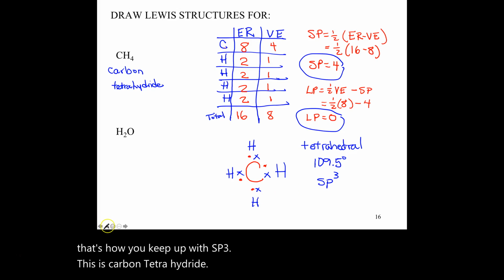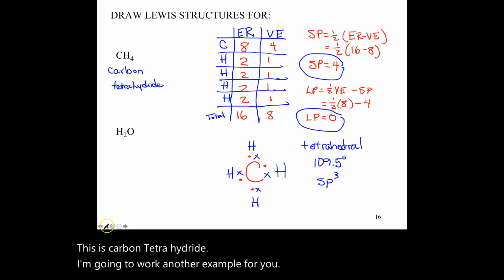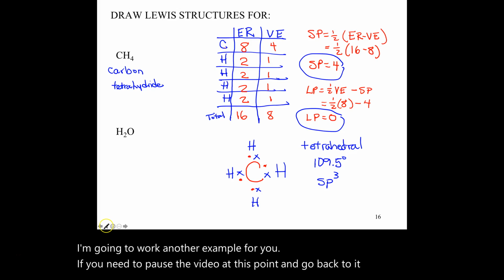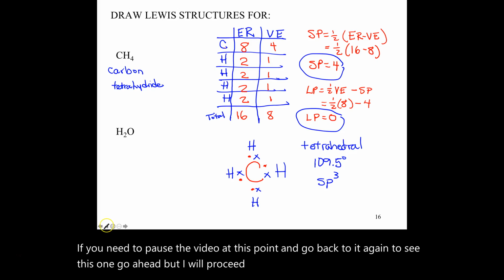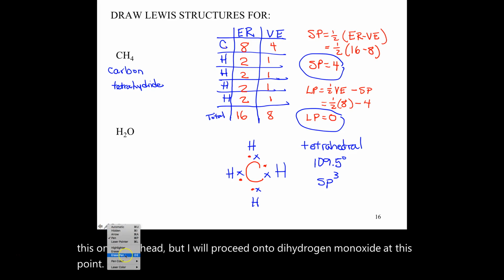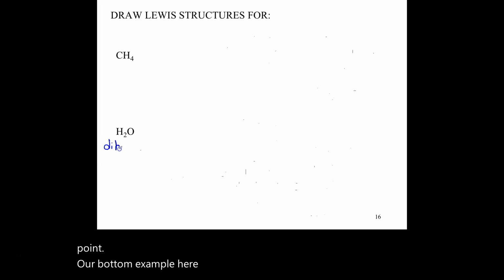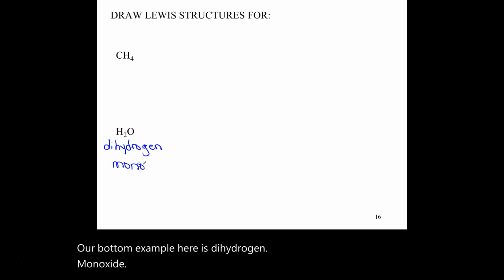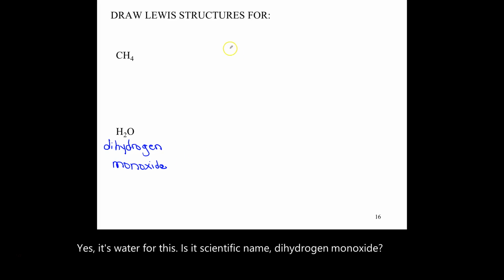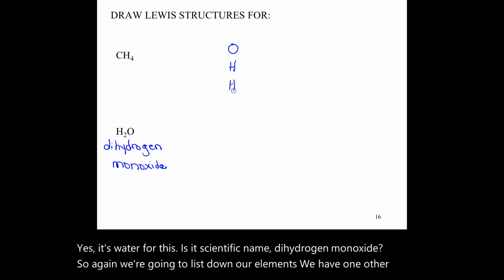I'm going to work another example for you. If you need to pause the video at this point and go back through it again to see this one, go ahead. But I'm going to proceed on to dihydrogen monoxide at this point. Our bottom example here is dihydrogen monoxide. Yes, it's water, but this is its scientific name, dihydrogen monoxide. So again, we're going to list down our elements. We have one O, we have two H's,